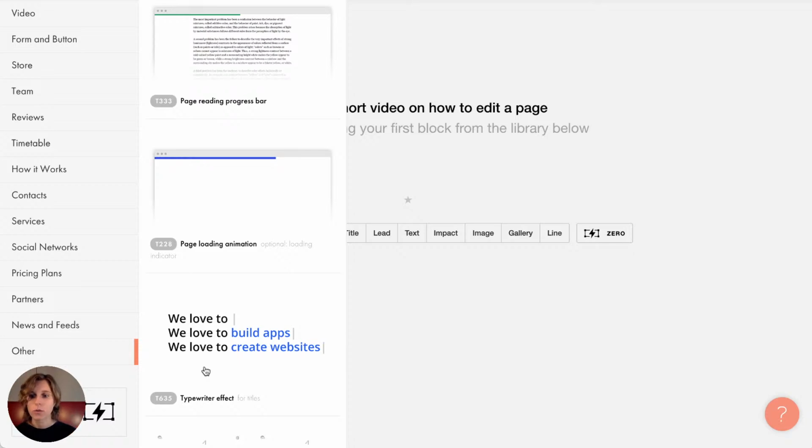But before I do this, I just want to show you where Zero Block is. So Zero Block is another block in case all these basic blocks from the block library, there are more than 500 over there, aren't enough. If you find that you would like to create something really unique, or if you're a web designer yourself and you want to implement your knowledge and skills, you can do it within Tilda. So you don't need to go to Figma or Photoshop. Or for some things you would need these programs, but for some web design features, you may use Zero Block and it may be enough, okay? After we create a first page, I will show you how Zero Block actually works, for those who are interested,